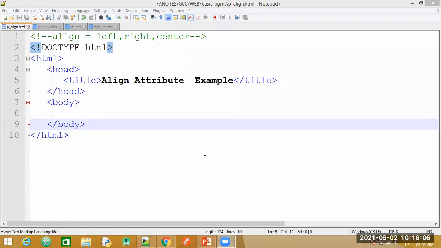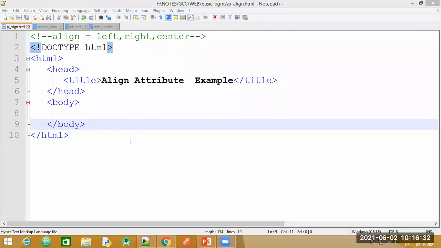In the last class, we have seen different tags, and today we will continue with the same tags and we will try to add certain attributes to it. Then we will start now with the P tag. So, you remember that P tag stands for the paragraph tag, and we are able to add a blank space between the paragraphs. So now here, this is the structure of the HTML document.